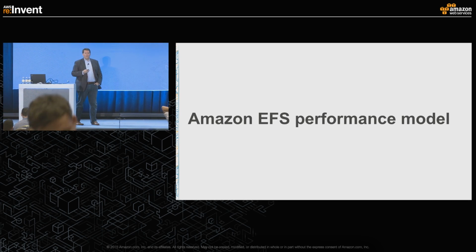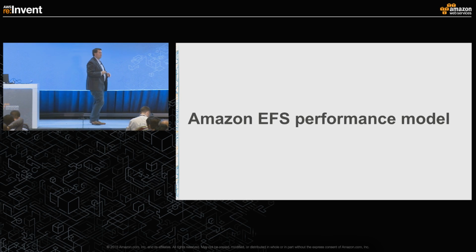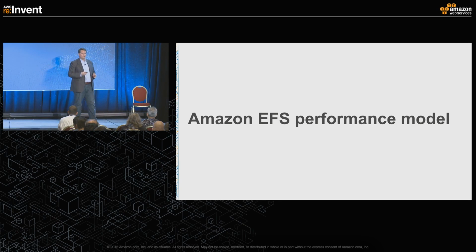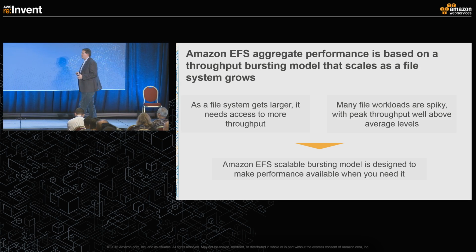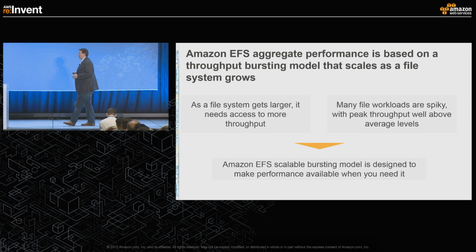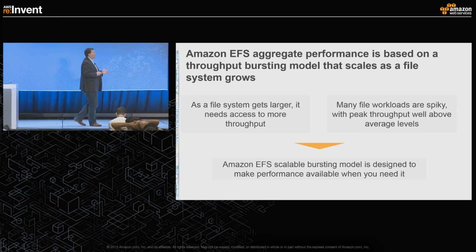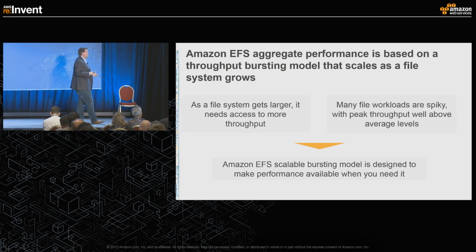So we're going to spend the next little bit, the rest of the presentation, focusing on EFS's performance model. I mentioned at the very opening of the presentation that the performance of EFS is linked directly to the size of the file system and the volume of data that is under management inside of that file system. So as a file system grows, the amount of resources that are allocated to it for throughput and for IOP density increases. And as a file system gets larger, we deliver more throughput to that particular file system.